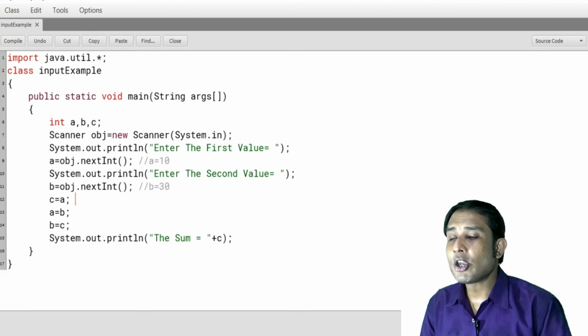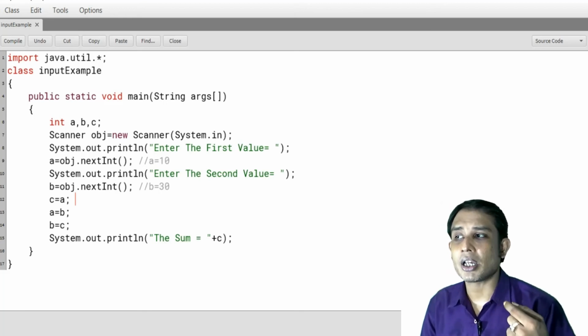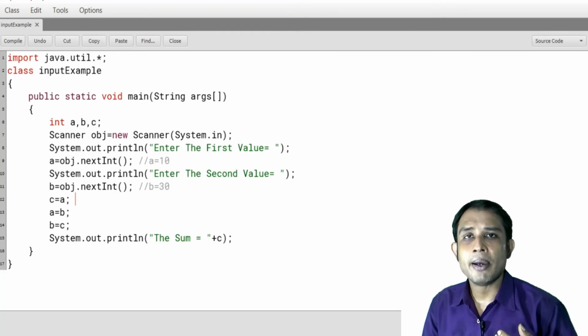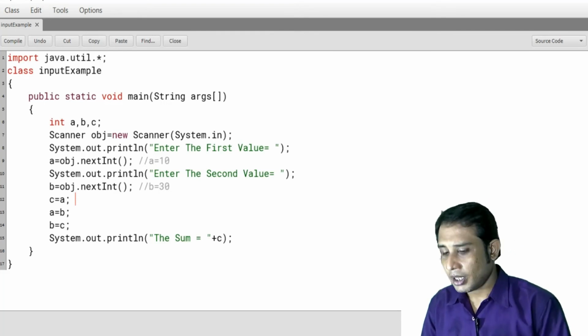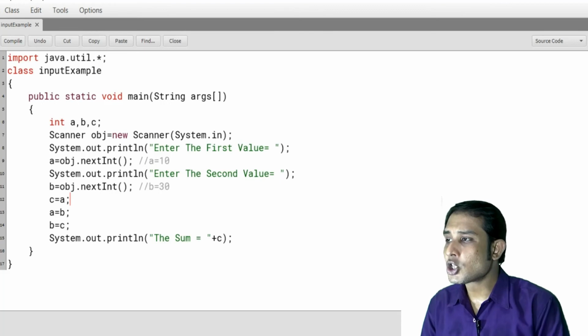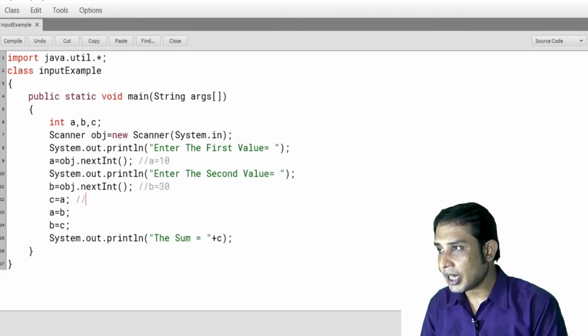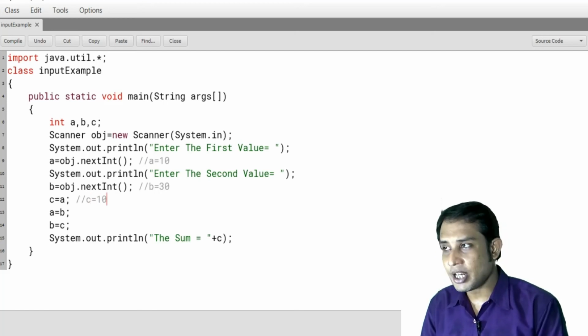Now you have to swap the values. It means the value of A must become 30 and the value of B must become 10. Now let's see what happens. So C equals to A, the value of A is 10, so C became 10, and then